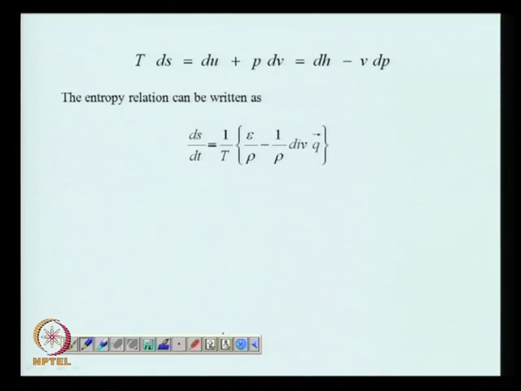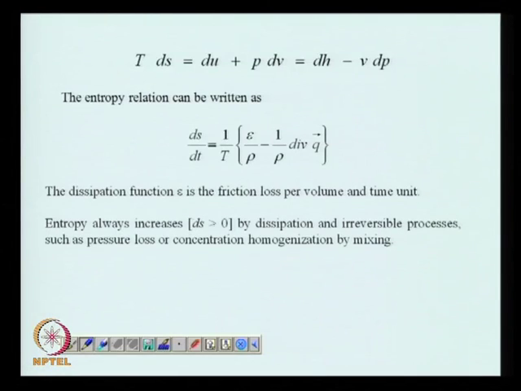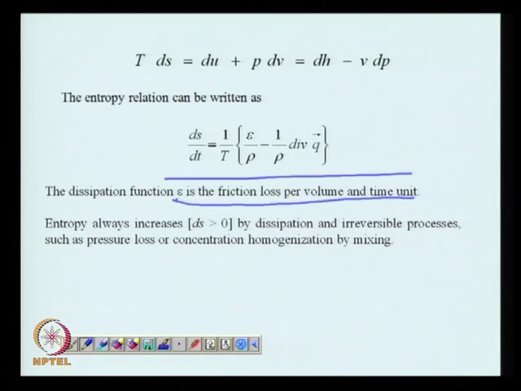In any such process, if we skip this part, the dissipation function epsilon is the friction loss per unit volume and time. This epsilon is connected with entropy generation in the process. So, entropy always increases by dissipation, and in any irreversible process such as pressure loss or concentration homogenization by